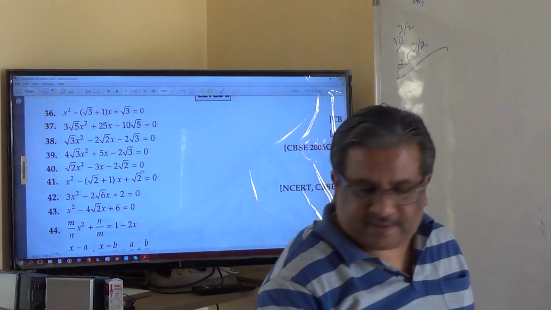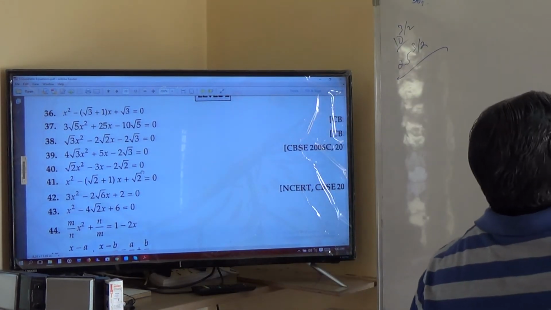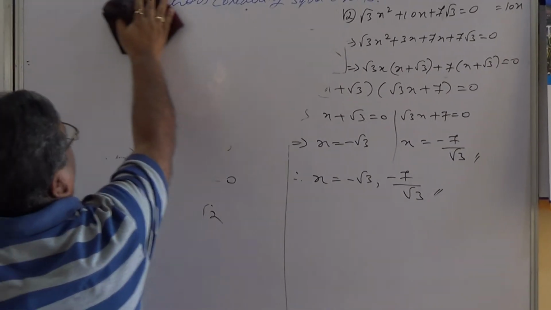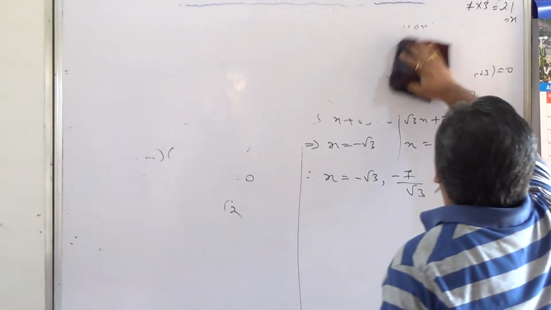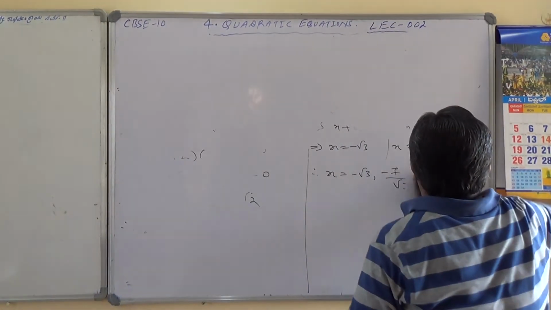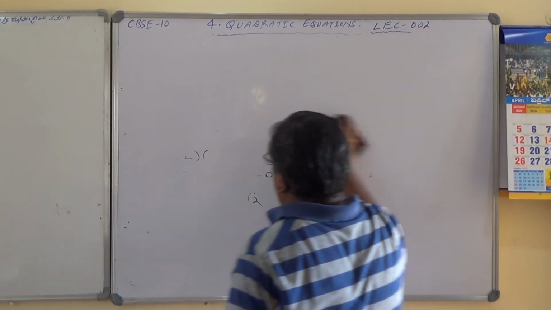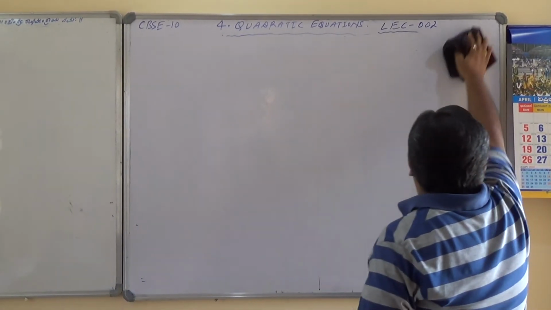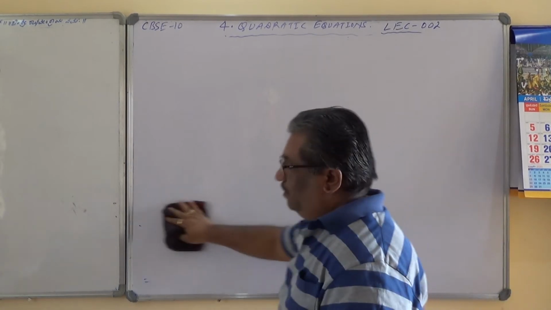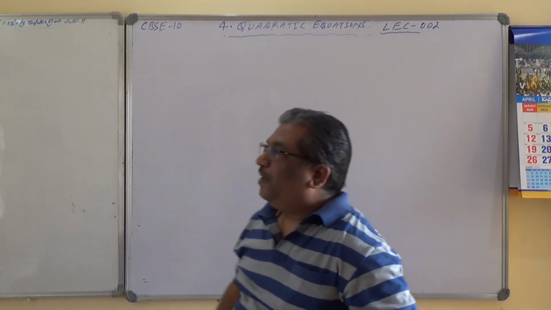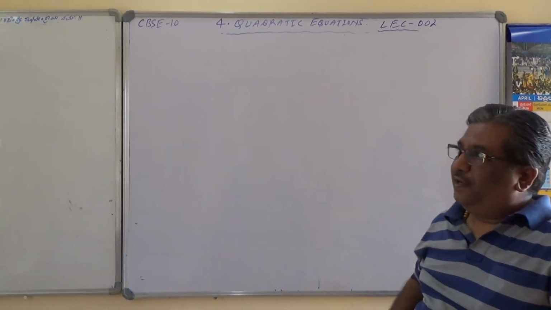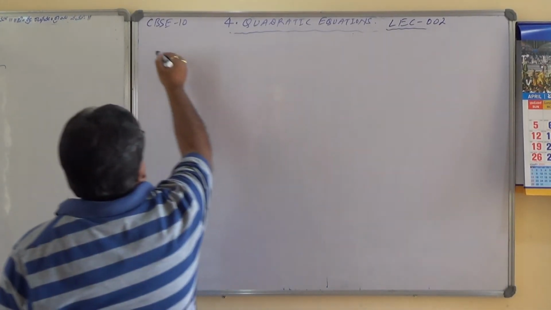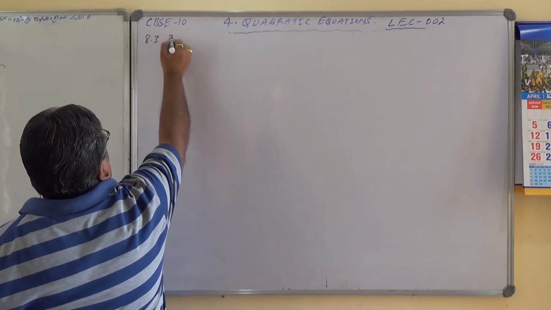Let me take 36 now. So the title of this is quadratic equations containing square roots. First was simple sums and second is quadratic equations containing square roots, basically, which we are solving now. Many numericals I am solving. I think I am not leaving anything for you over here. You have to pick up the numericals from other textbooks. Let's see here, 36 question. Exercise 8.3. 36 question.